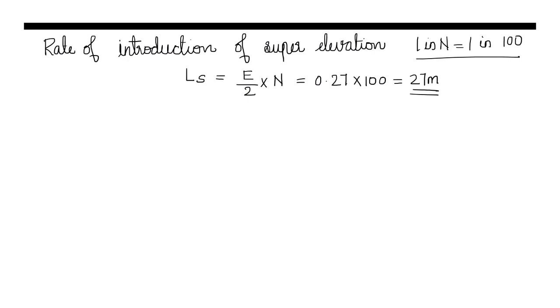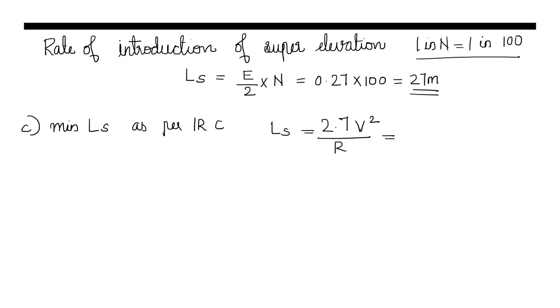Okay, and the third method is we need to calculate the minimum length of transition curve as per equation given by IRC, and the equation for the length of transition curve as per IRC is 2.7 into V square divided by R. We should substitute V in kilometer per hour, that is 2.7 into 60 square divided by 200. The answer is 48.6 meter, and we need to adopt the highest of these three values,